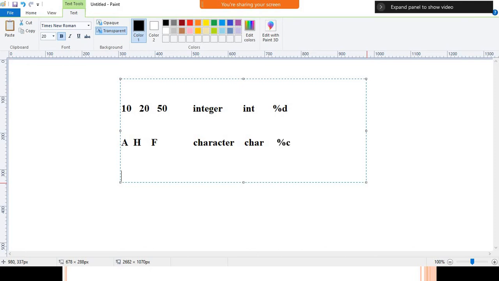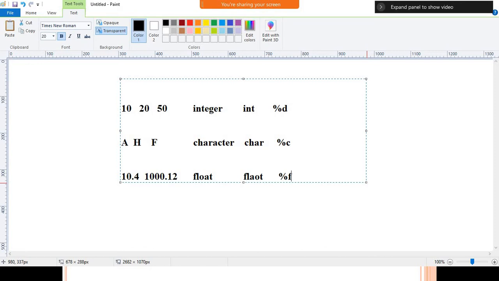Similarly, for float and double, we have a format specifier percentage f, for values like 10.5 or 1000.12. Here I will write only float. This one is a data type, and the keyword is also float. To display a fractional value, use this format specifier.